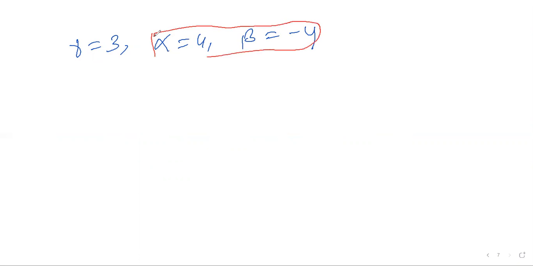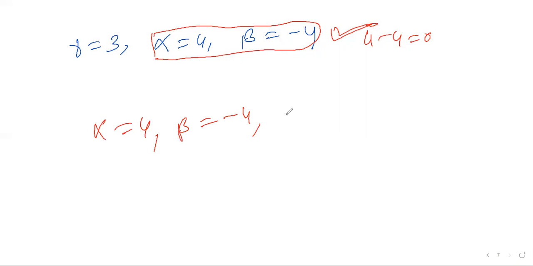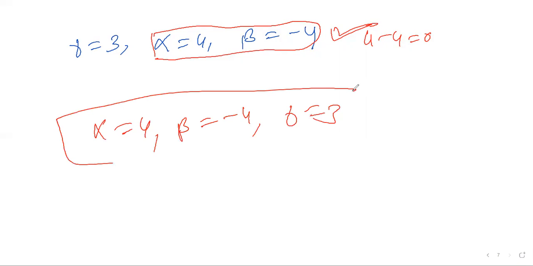So what are the things? The first case, gamma is equal to 3. Now let us take alpha is equal to 4, beta is equal to minus 4. You want to check your answers are correct. One thing they told: sum of the two roots is 0. Minus 4 plus 4, answer is 0. Your answers are correct. Now alpha is 4, beta is minus 4, gamma is 3. Your answer is finished, because they're asking solve. Solving means once you find the roots, it is more than enough.